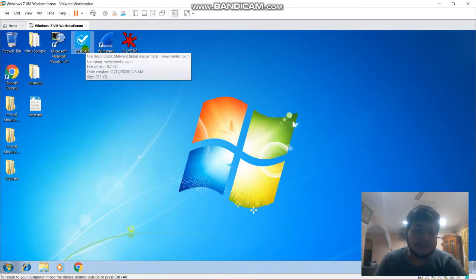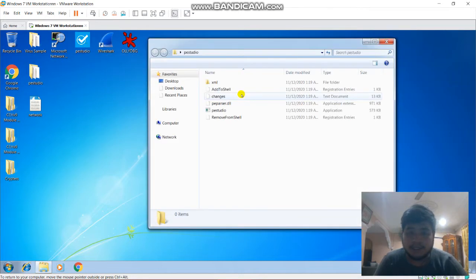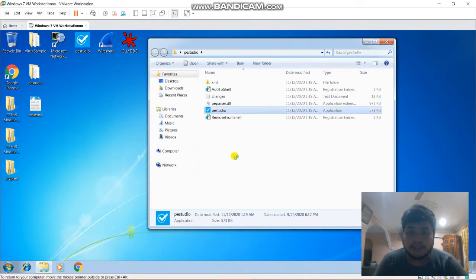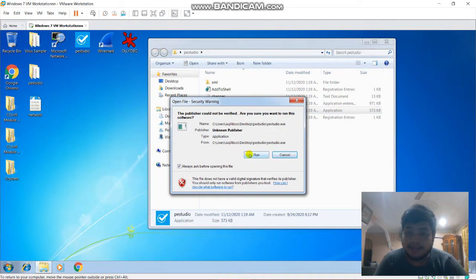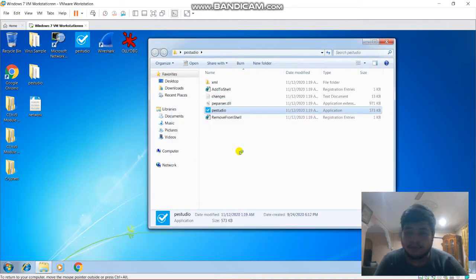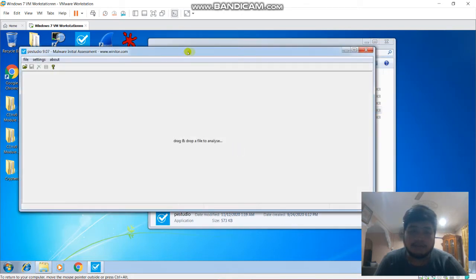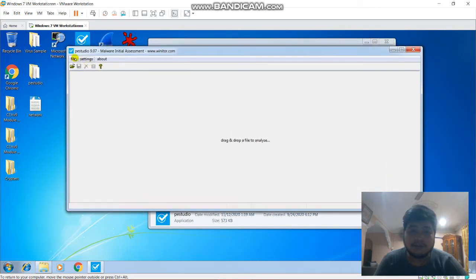I already installed it in the folder, so I open PE Studio and click run. Let's wait a moment. We can choose to open a file from here or just drag and drop a file to analyze. So let's just drag it on.